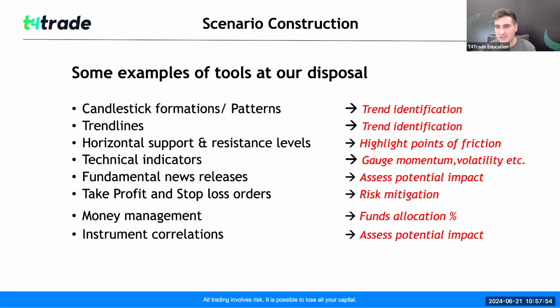Okay, so some examples might be, for example, you try to spot candlestick formations or patterns, which is going to help you to identify the trend. Trend lines are also going to be a visual illustration, not a warning, but a wake-up call. On your chart all the time, you have the direction of the market, where it's headed. If the price action breaks below or above the descending or ascending trend line, depending on what that is,